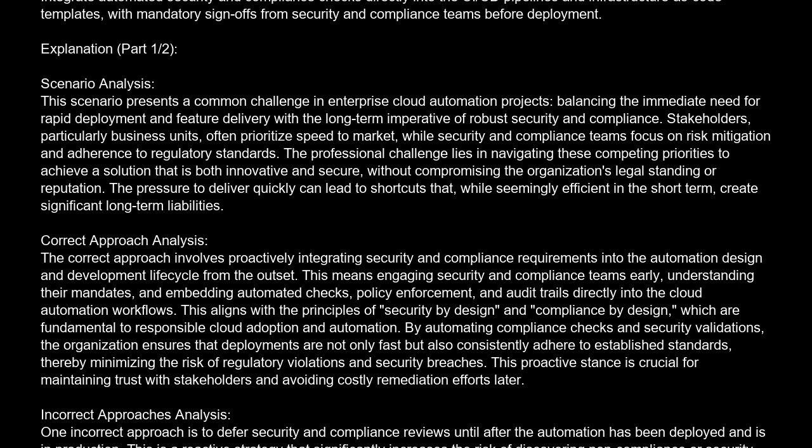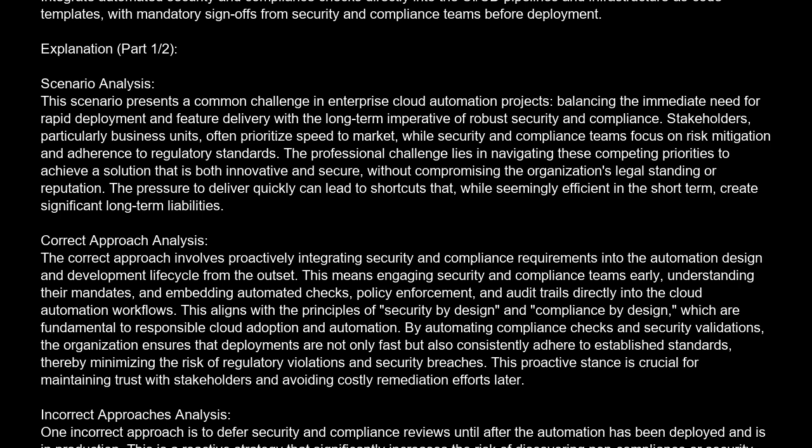Stakeholders, particularly business units, often prioritize speed to market, while security and compliance teams focus on risk mitigation and adherence to regulatory standards. The professional challenge lies in navigating these competing priorities to achieve a solution that is both innovative and secure, without compromising the organization's legal standing or reputation. The pressure to deliver quickly can lead to shortcuts that, while seemingly efficient in the short term, create significant long-term